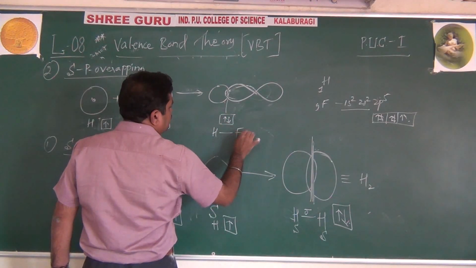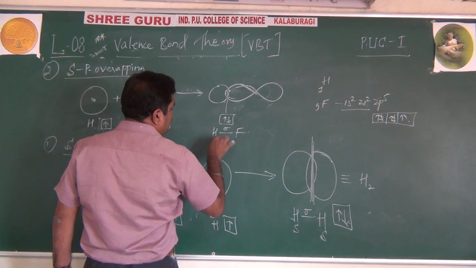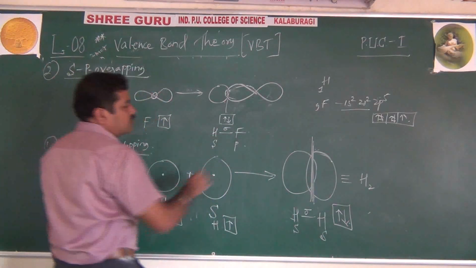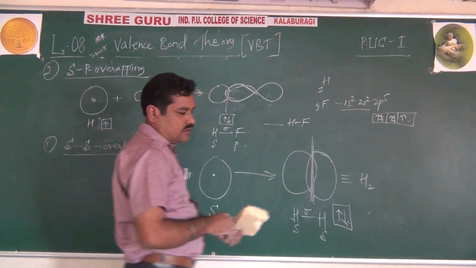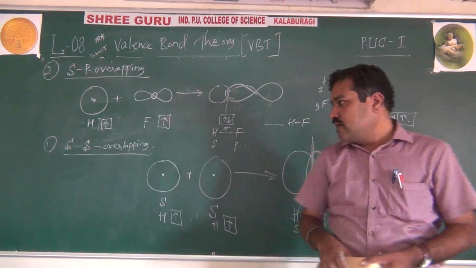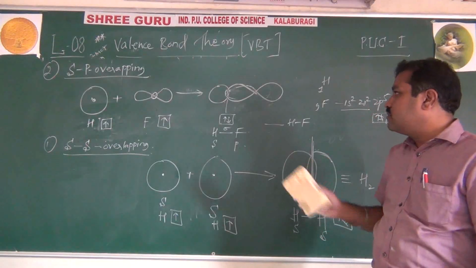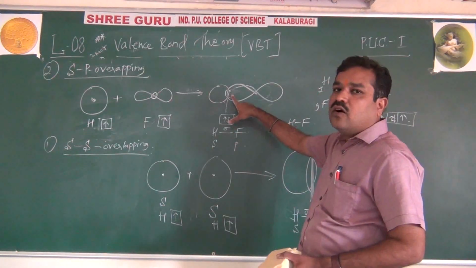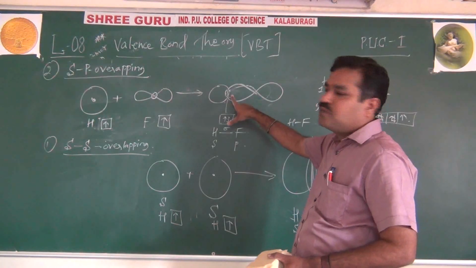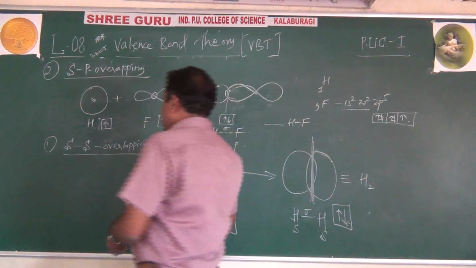H, sigma SP overlap. That's it. Right? SS and SP. These are the practice students, very important. This is called internuclear axis or head-on overlap. Okay? And lastly, coming to